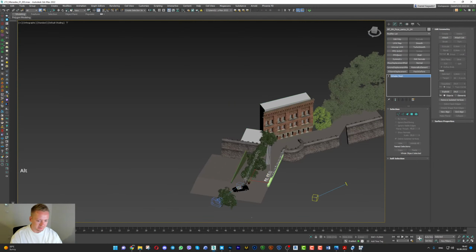So I will stop the render and I will go to, probably I think I should close this scene because I'm a little bit afraid which scene I will add the models from. Let's try from